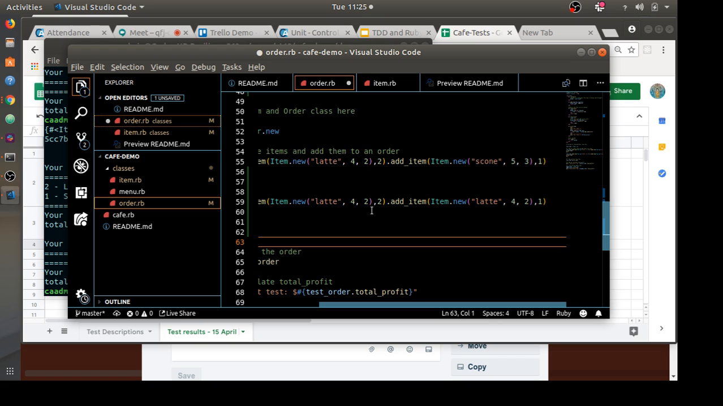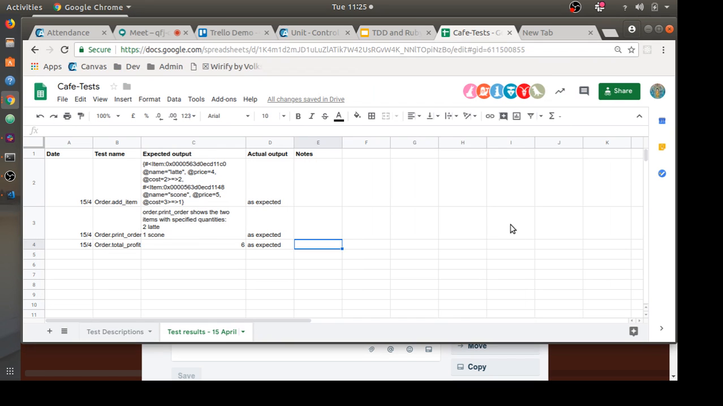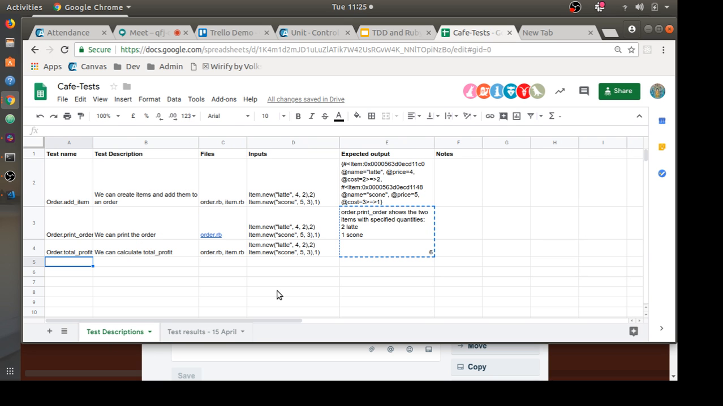So if I order a latte, the first 2 lattes, and then I order 1 more latte, what do I expect to have in my order hash? 3 lattes. Yep. So in this case, let's create a new test for this. Order, add item, and you might want to sort these later. We can add the same item twice. And then our inputs here are